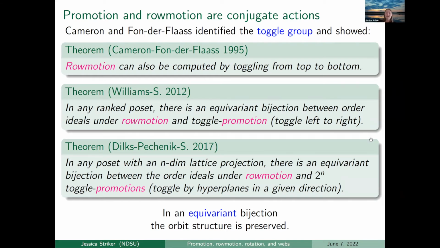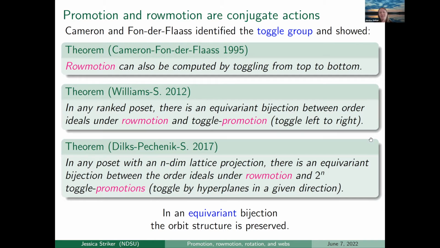we can use the structure of the toggle group to relate it to other compositions of toggles. In particular, toggling top to bottom is going to be a conjugate element in the toggle group to toggling left to right. And that's something Nathan Williams and I showed about 10 years ago. And that ends up being exactly what we need to relate this action to something that's been previously studied,